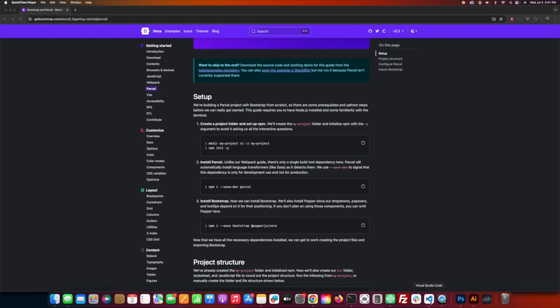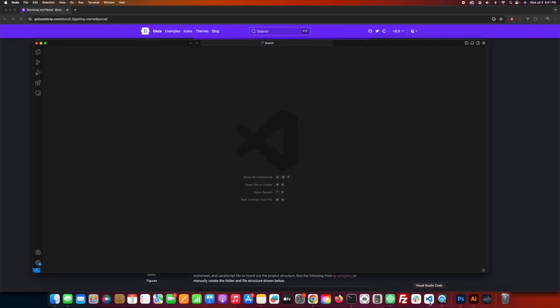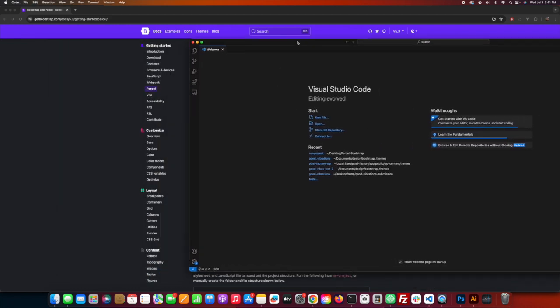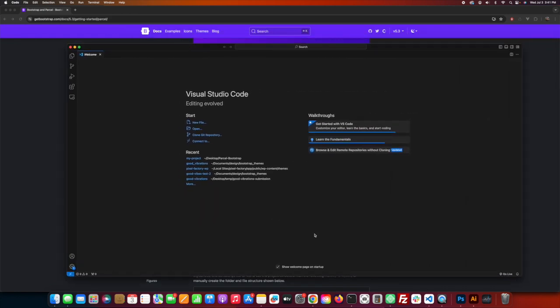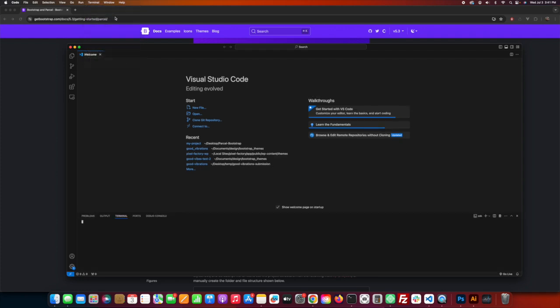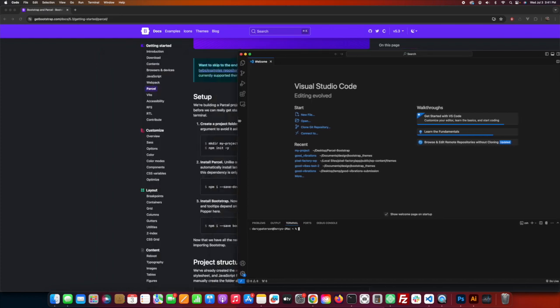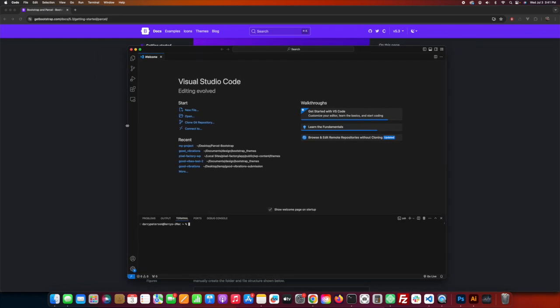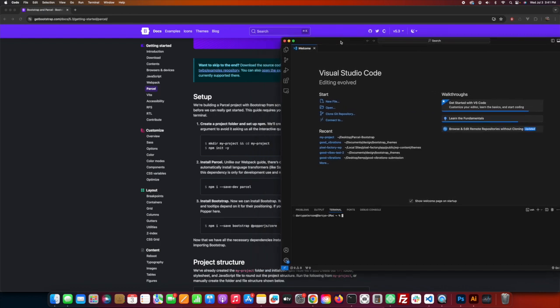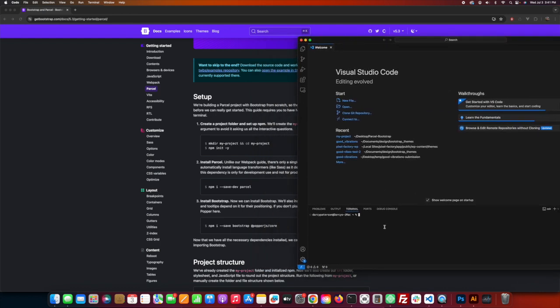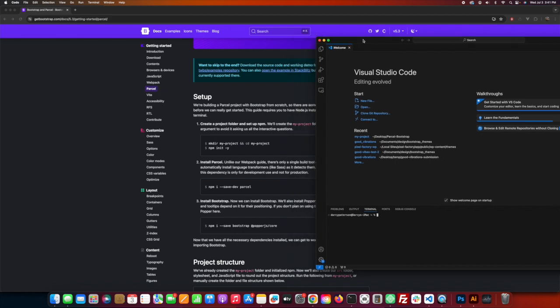I'm using Visual Studio Code. I don't know what code editor you're going to be using, but this is the one I'm going to be using. So I'm just opening this up. And right away, I'm going to open up a new terminal. So I'm just going to go up here, click on New Terminal, and that'll get us started. Now I'm using Mac as well, so most of the directions you're going to see here are for Mac, but it's pretty easy to substitute these terminal commands if you're using Windows, but I'm using Mac. So anyways,